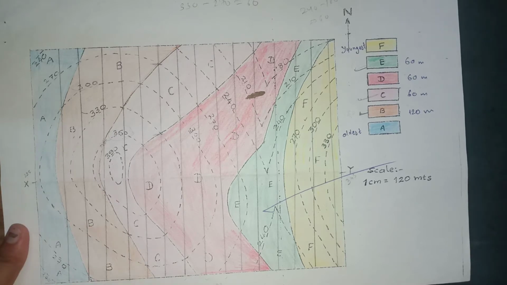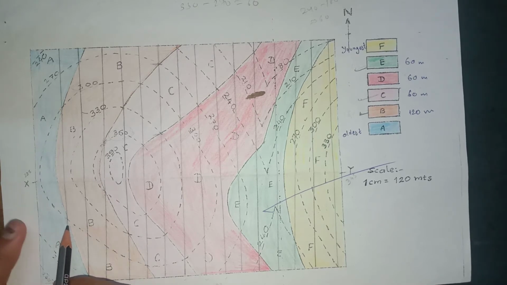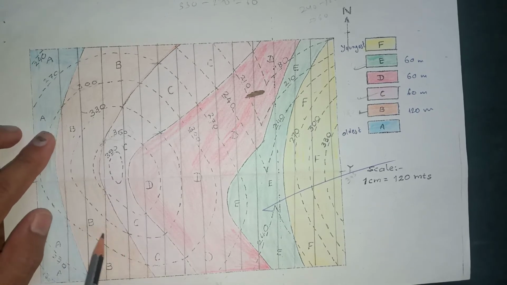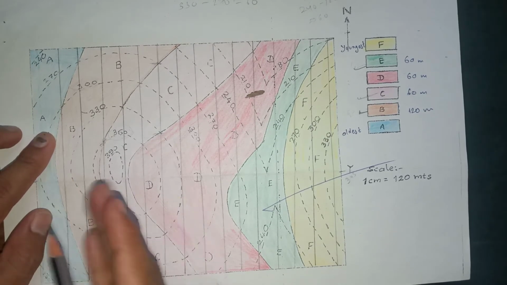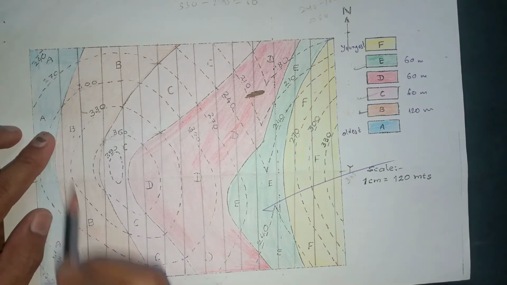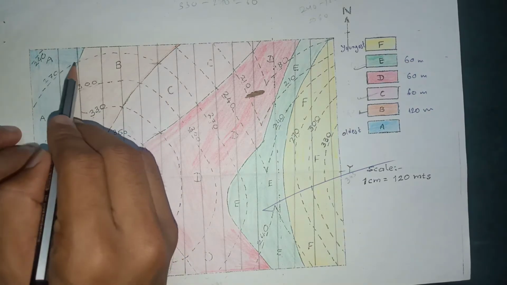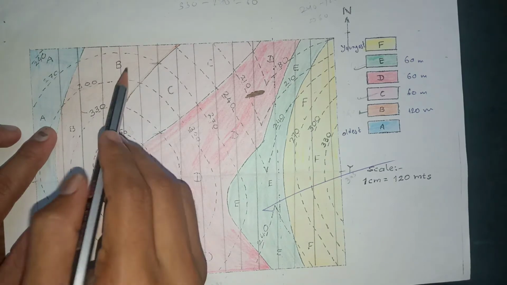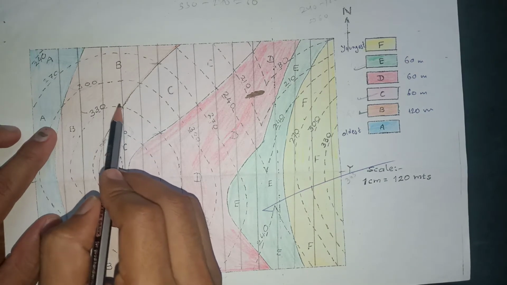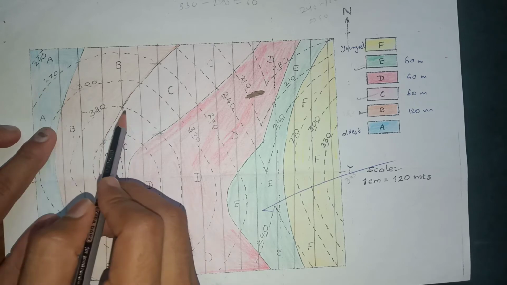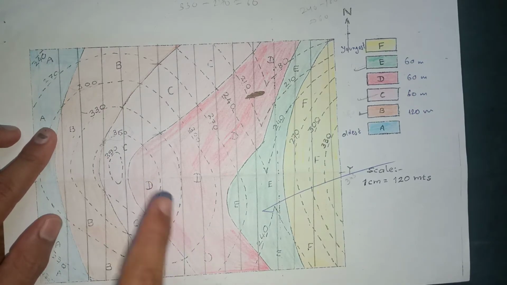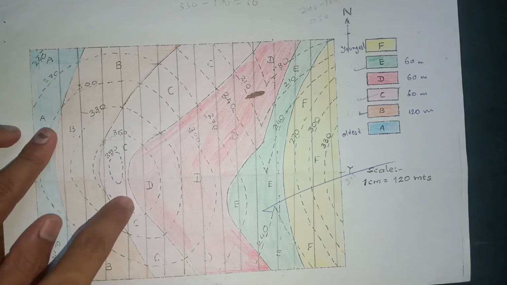Okay, suppose we take this strike line. This strike line is cutting at AB but not at BC, because BC is far away from it. There is no strike line which is cutting AB and BC simultaneously. You can see this one is cutting BC but not AC. We have to select a strike line which is cutting both upper and lower.